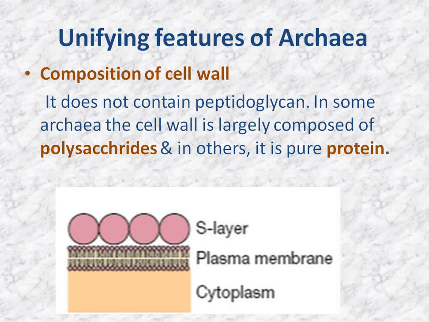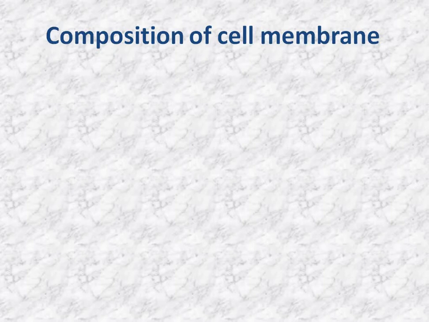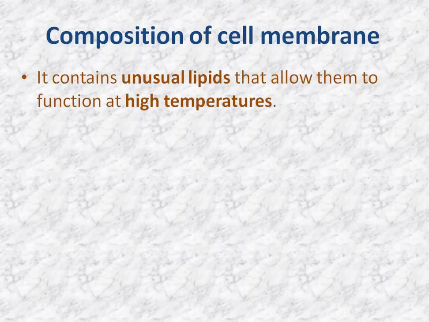As you can see in this figure, this is the plasma membrane, and outside the plasma membrane is a cell wall made up of proteins. And there are some archaea which are without any cell wall. Now the composition of the cell membrane. Archaea contain lipids just like the phospholipids of the plasma membrane of eukaryotes and bacterial cells, but their lipid or phospholipid is slightly different, and